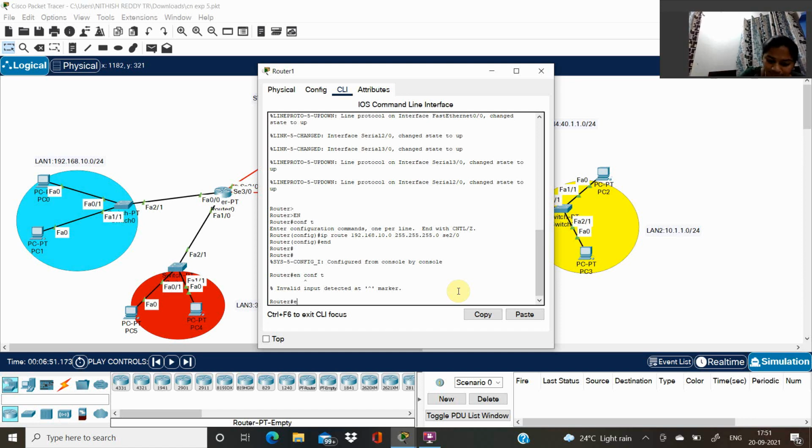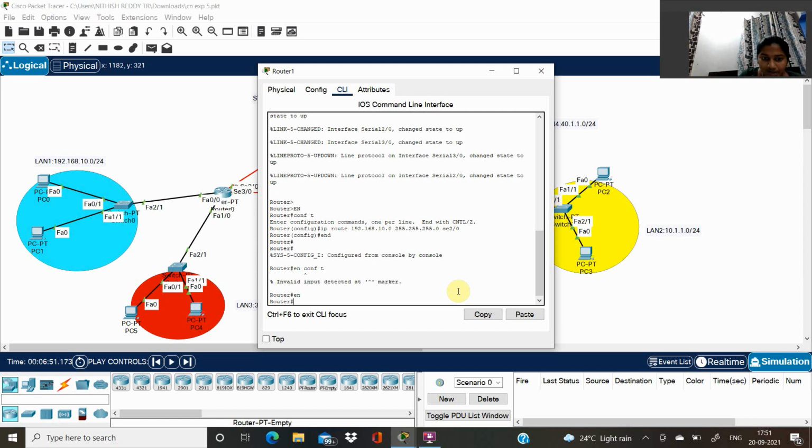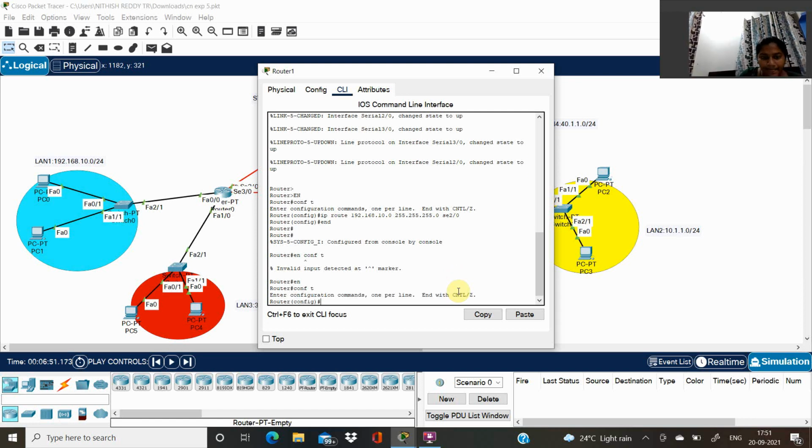Sorry, I did it wrong. Enable, configure terminal, then IP route. Then we have to take our LAN 3 network address.